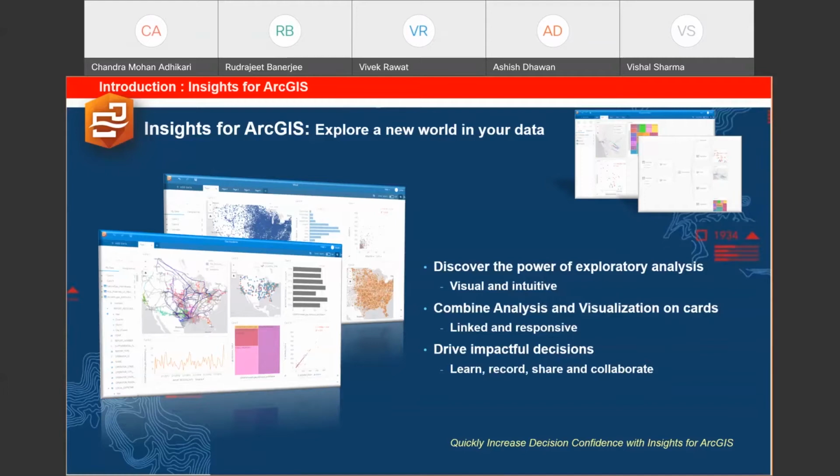This includes visualizations, drag and drop analytics, and on-the-fly filtering and aggregations, making it interactive, fast and intuitive. We not only combine the visualization, but also analysis on the cards. The cards appearing in these slides are not just visualizations, but representations of the results of analytic operations made on top of the data. We can drag and drop the data, either spatial or tabular, into these cards, which are linked or geolinked to each other to make impactful decisions in collaboration.